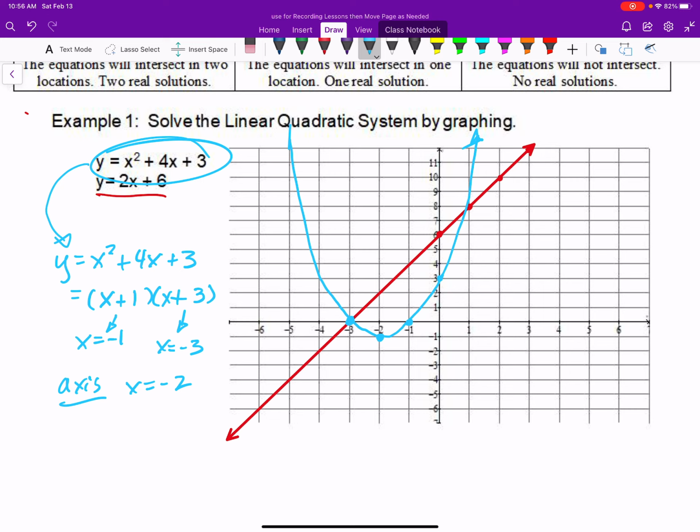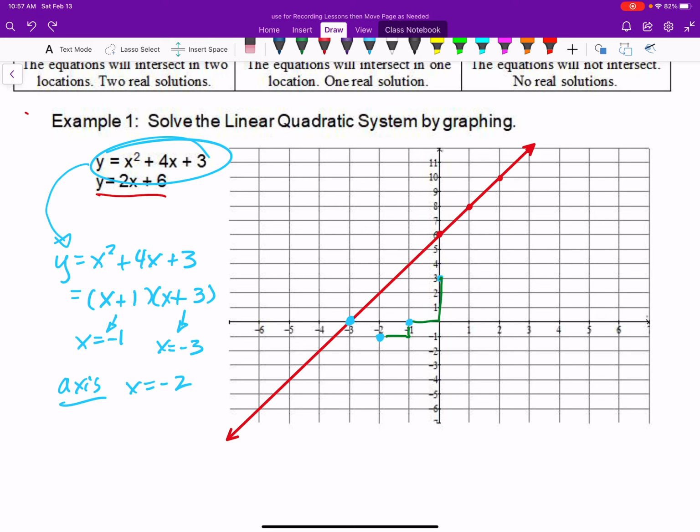I guess I need to be a little bit more careful. Let me backtrack for a second and just explain where I'm coming from. If I know it looks like this, then I know that my vertex is here. I go over 1, up 1, then over 1, up 3. I know that the step pattern is going to go 1, 3, 5, 7, and so on because it's not vertically stretched. So from this point at 0, 3, I'd go over 1,